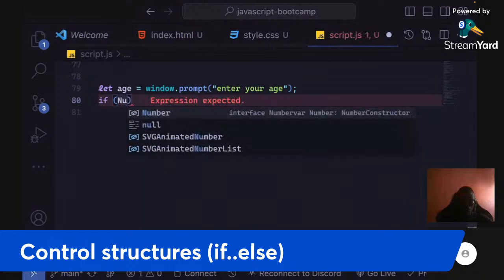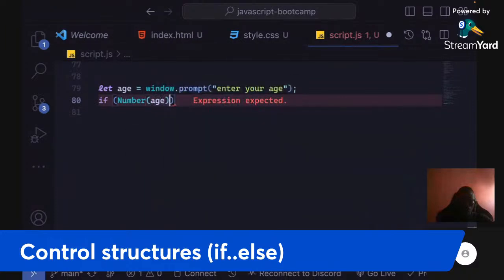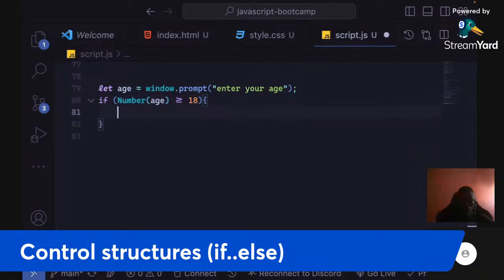So I'll just wrap it in a number. If Number(age) is greater than or equal to 18, then I can just alert